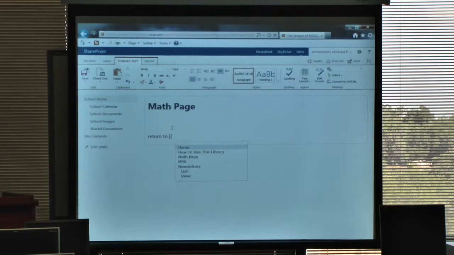And I jumped over this before because I didn't want to mention it at the time when I created the math page, but when you first type in the double square bracket to get started, what you get is a list of all the pages that are in the current site. So this site currently has 5 pages in it. There's a home page, a how to use this library page, the math page, which we just created, the MPA page, which I had just created, and the newsletters page. So in this case, from the math page, I want to go back to the page that's just MPA, my initials. So I come down, select it,